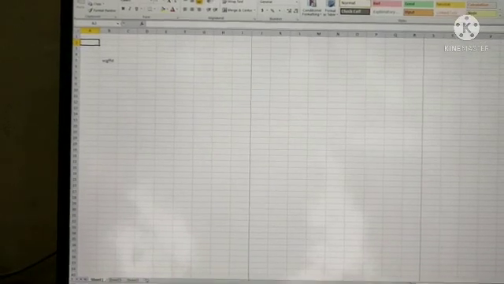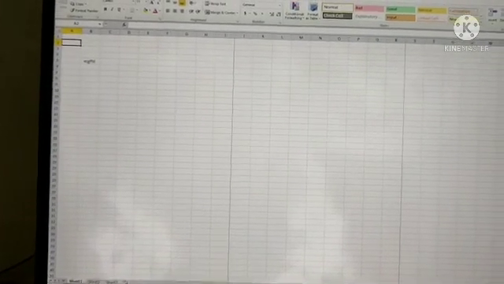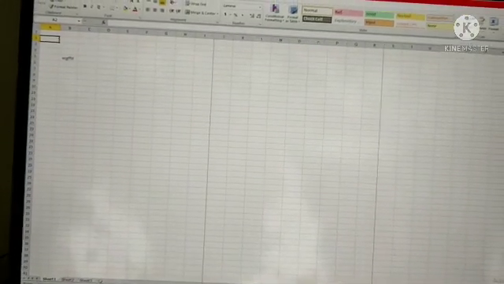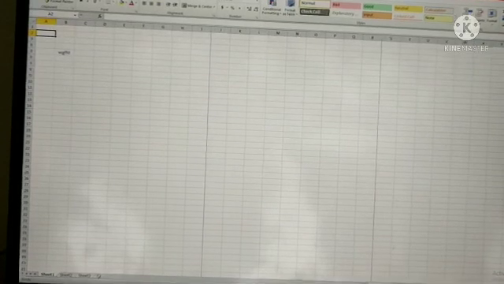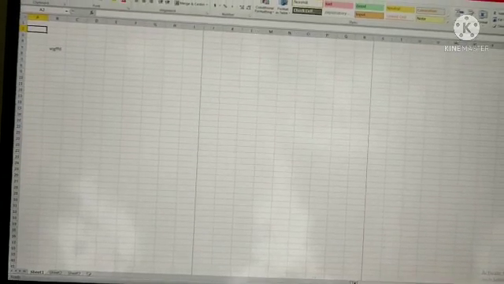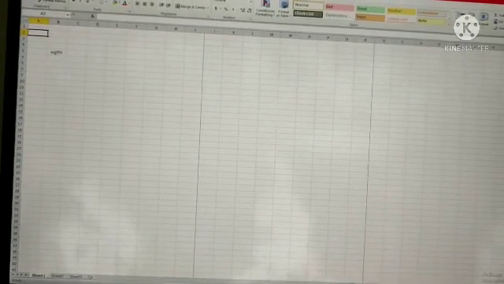And now, what is a range of cells? A range of cells, also known as a block of cells, refers to a group of cells forming a rectangular area. A group of cells is known as a range of cells. It is indicated by using a colon, which is called the range indicator.